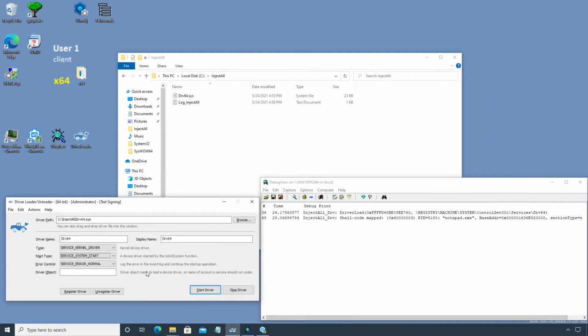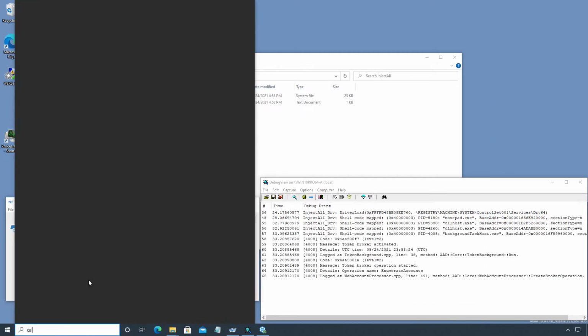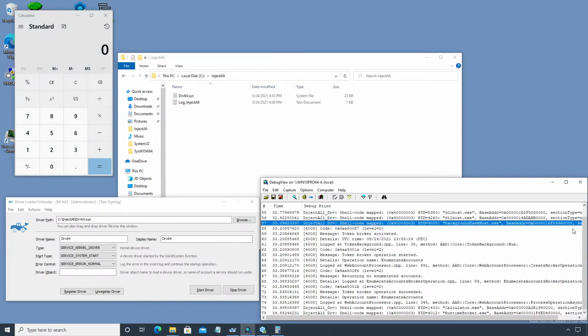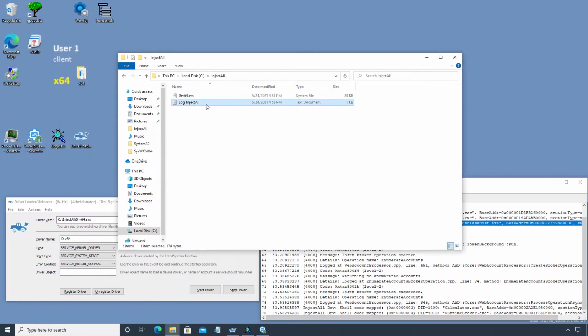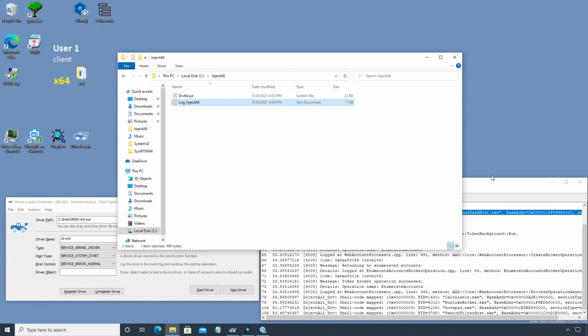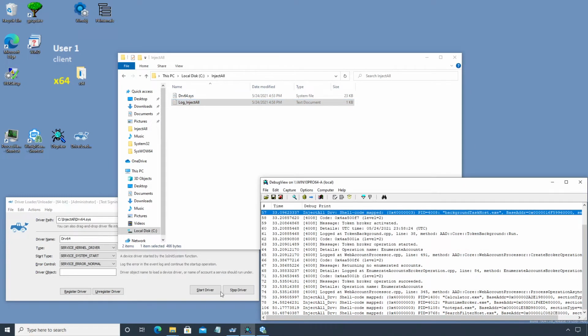It started fine. Let's just start calc, and something else is spamming us here, but you can tell that the background task host got injected, calculator.exe got injected, runtime broker got injected, and right here we have all those processes: DLL host, runtime broker, notepad. So, well,